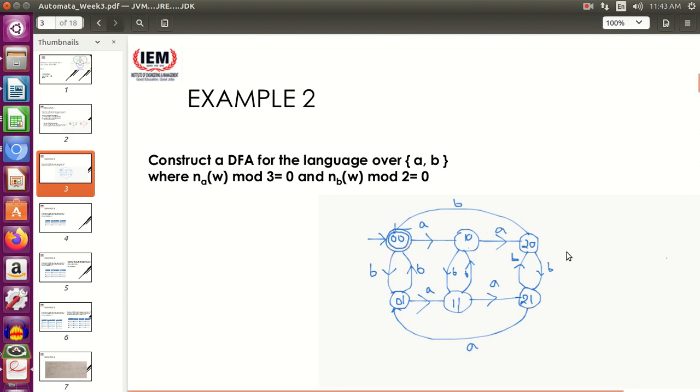And how many layers will be there? Again mod 3, so 3 layers will be there. So you go to the next state, again you go to the next state, then back. Sorry, this will be A, this won't be B, this will be A. So 1, 2, 3 A's, back to the first state, because this is again the same thing: remainder 1, remainder 0, remainder 1, remainder 2, remainder 0. So the divisible by 3 state.